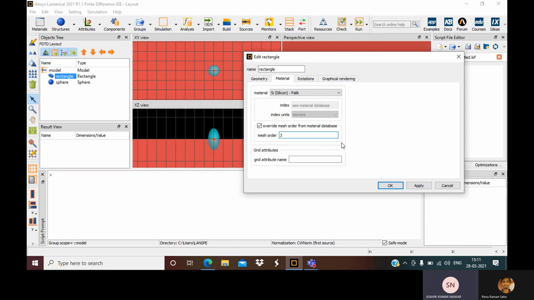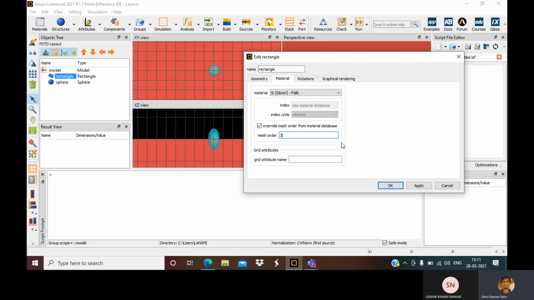What is the role of mesh order here? The mesh order is nothing but just a number. It tells numerical which region to take in case of overlapping elements. For example, in this case, the overlapping region contains a sphere and the rectangle.